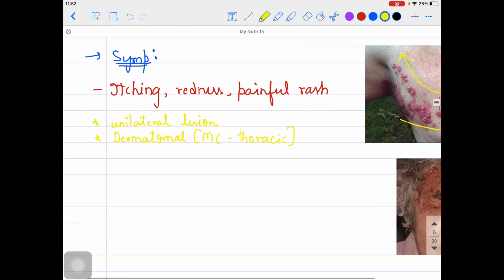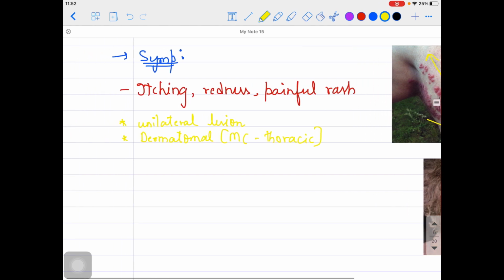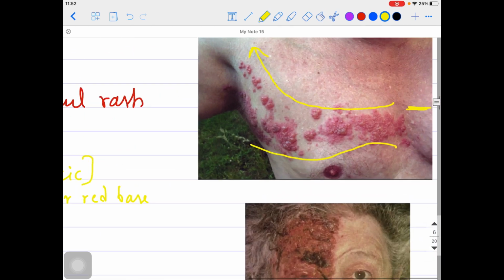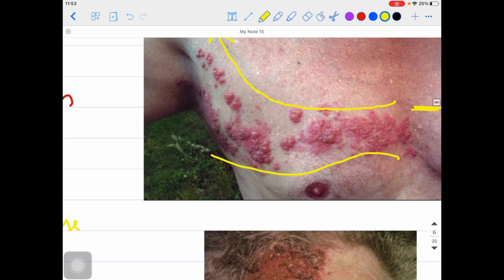What are the other characteristics of these rashes? You can easily see that these are painful rashes, as I told you, since I am talking about the herpes virus. There you will see painful grouped vesicles. Vesicles means fluid filled lesions, with clear fluid present. So vesicles will be there, painful, over a red base. You can see red colored rashes there.